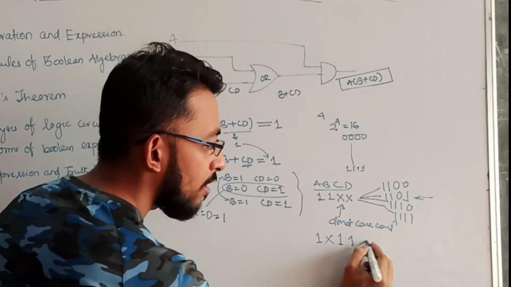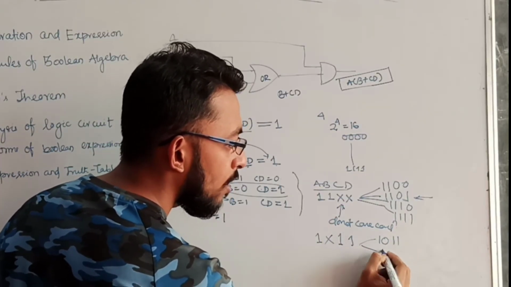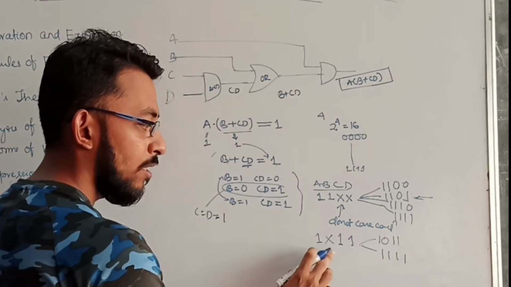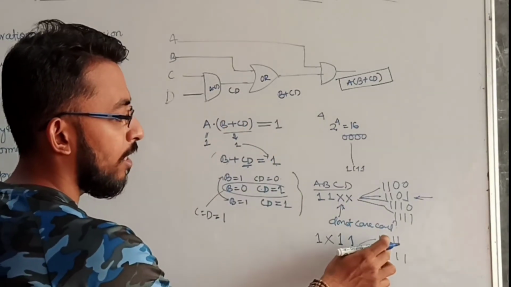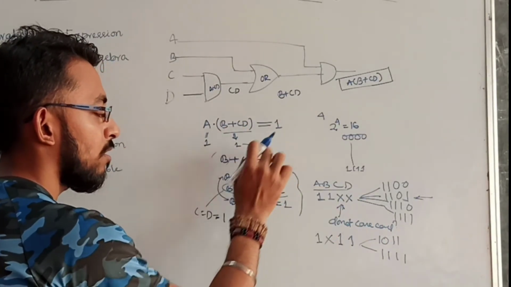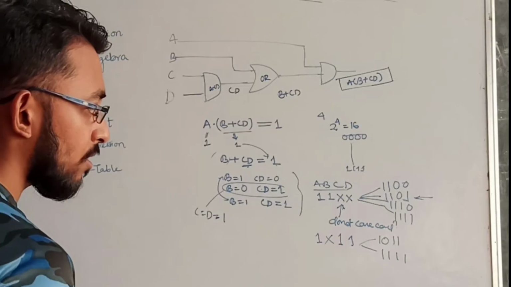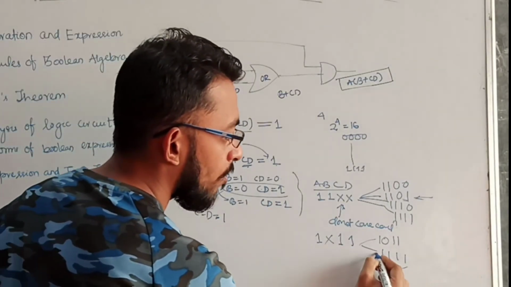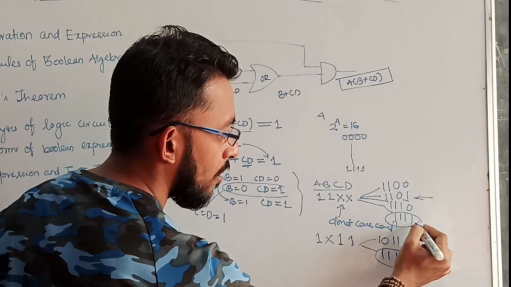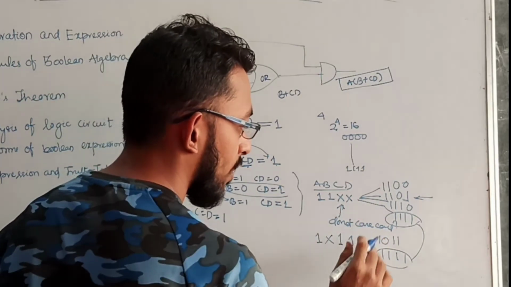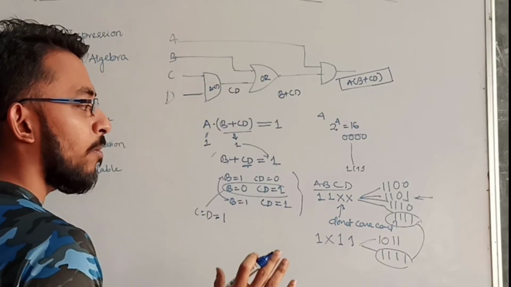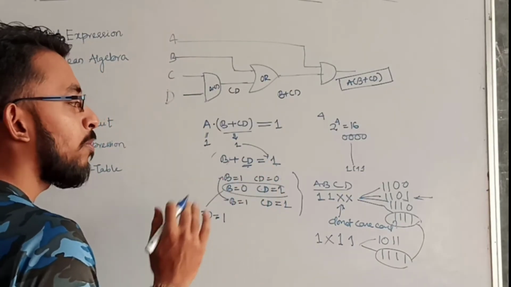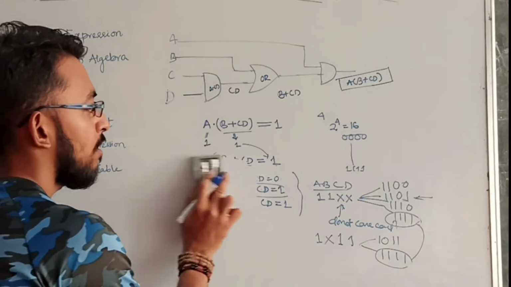You see, there are two possible ones: 1, 0, 1, 1 and 1, 1, 1, 1. These two are possible conditions, and you apply these two conditions over here. Any value of A, B, C, D, you will get the output as 1. So here we are getting these two as common. Here it is 1, 1, 1, 1. That is one combination, 1, 2, 3, 4 and this one is 5. So there are 5 possible combinations for which my output will give me value 1. So let me write that one.